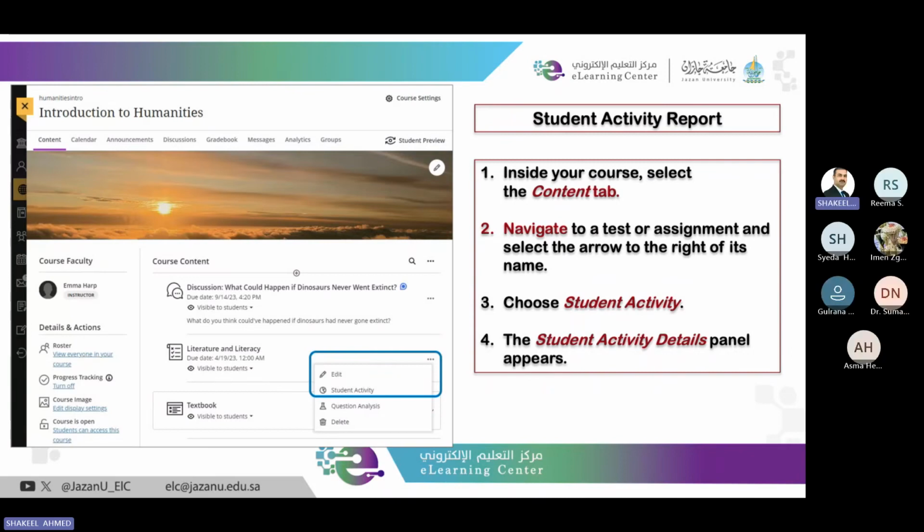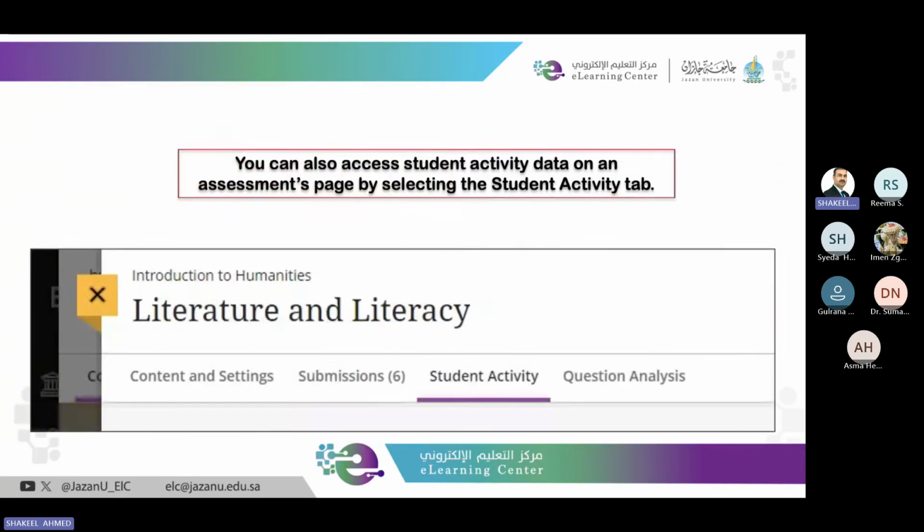So this panel is going to give you complete information and the design and all the analytics related to the students, with valuable information like when students access the activity, how much time they spend on it, and whether they submitted it on time or late. These simple steps help us understand not just the final grades, but the effort and engagement behind the whole process.